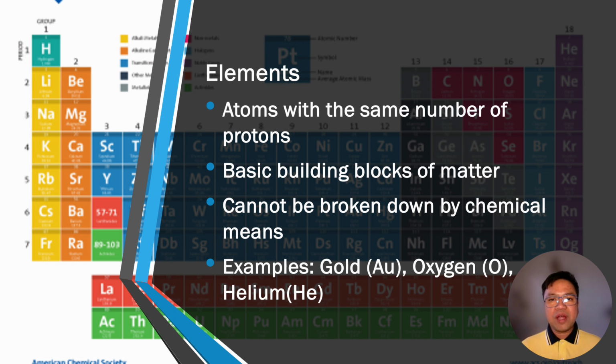Imagine if you could write the story of everything in the universe, from the air we breathe to the stars far beyond our reach. What letters would you use? In the language of chemistry, these letters are known as elements, the basic building blocks of all matter. Each element is a unique type of atom, and what makes each type unique is the number of protons it has. Like the letters of the alphabet, elements combine in countless ways to form the words, sentences, and stories of